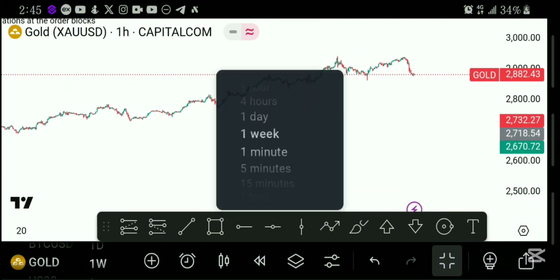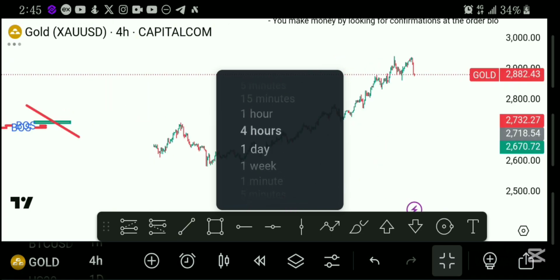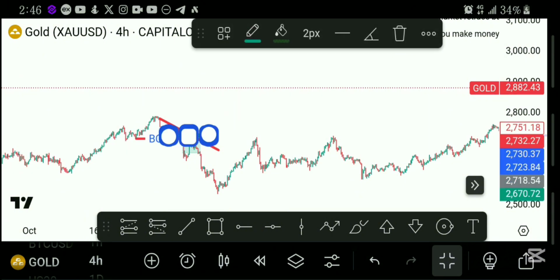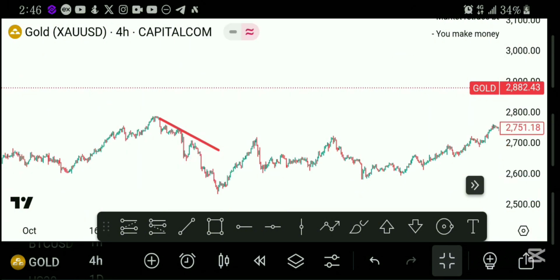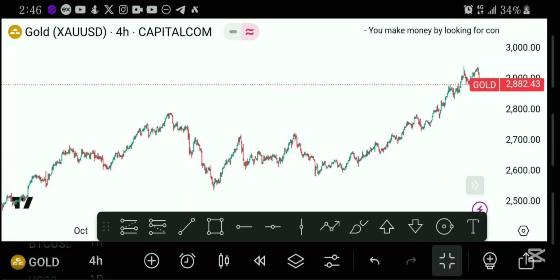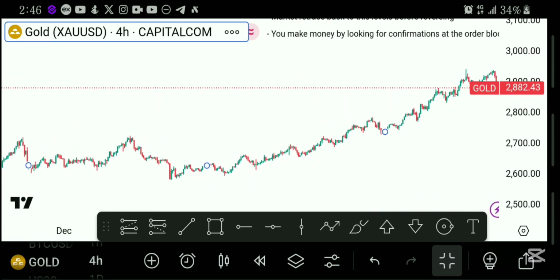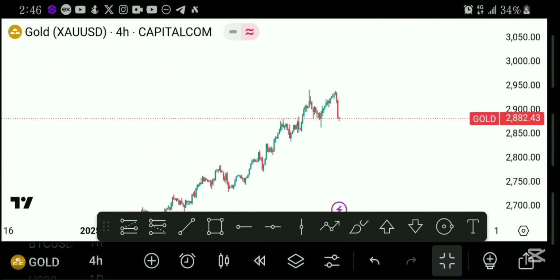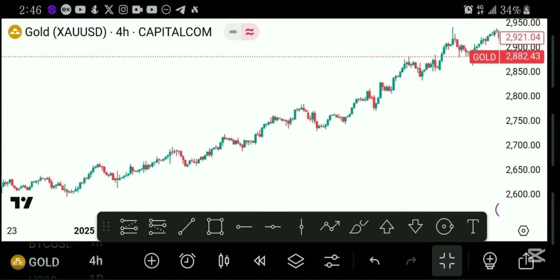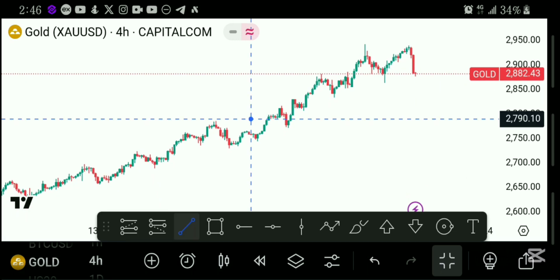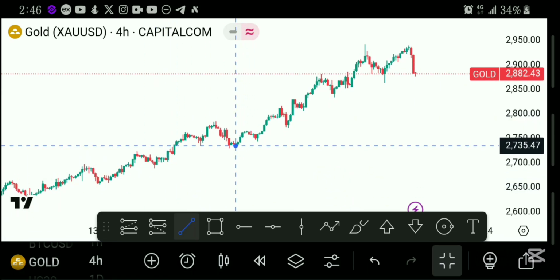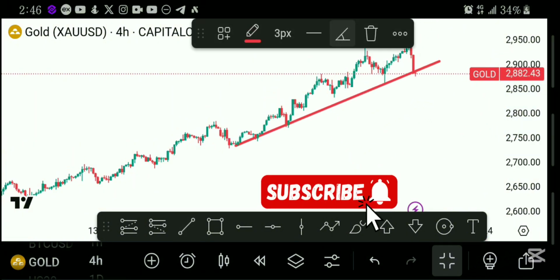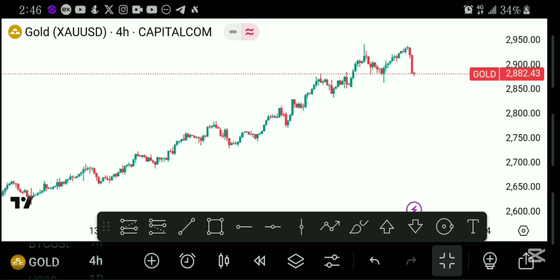First things first, go to your higher time frame. That's your time frame of analysis to know the market structure, like what's going on in the market. So now obviously you can see the market making a series of, just by looking, this market is obviously in a bullish trend going upward like this. It's a bullish trend. This is what a bullish market looks like, making a series of